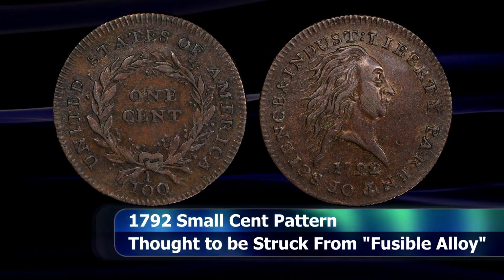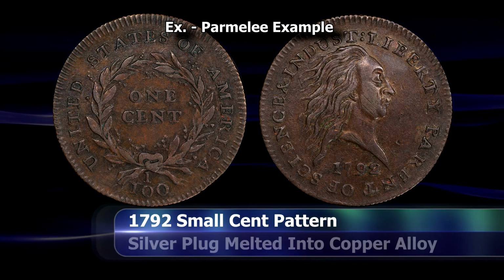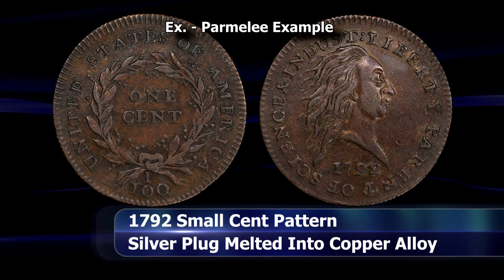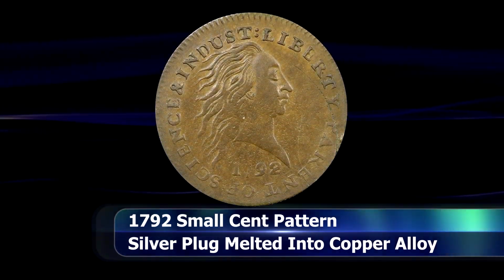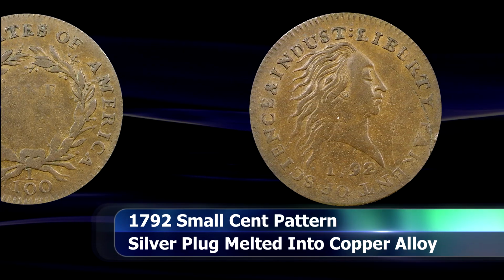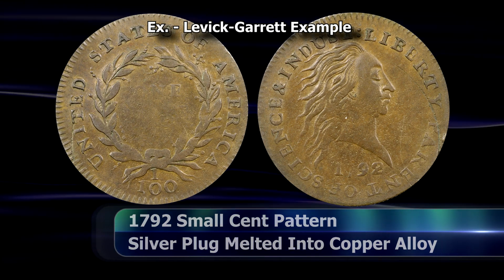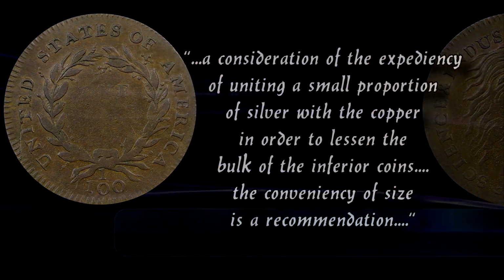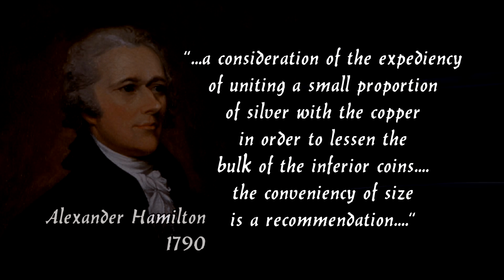The problem was that the amount of silver was so small that there would be absolutely no way to distinguish between the billon alloyed coin and a coin simply made from pure copper, something that was already predicted by Alexander Hamilton in a report he wrote 2 years prior in 1790, and, I quote,